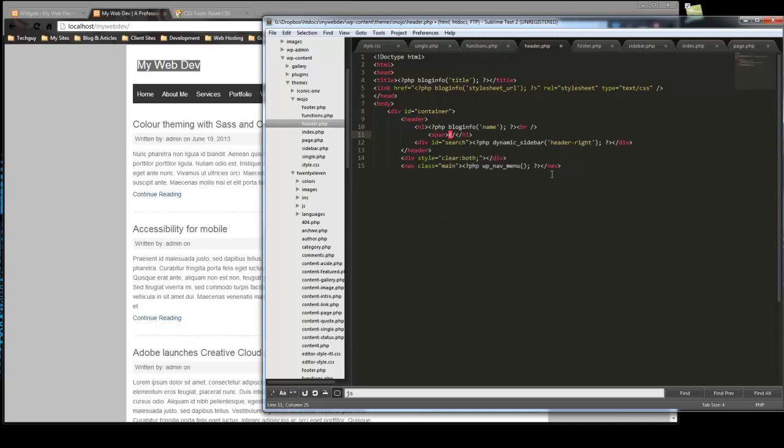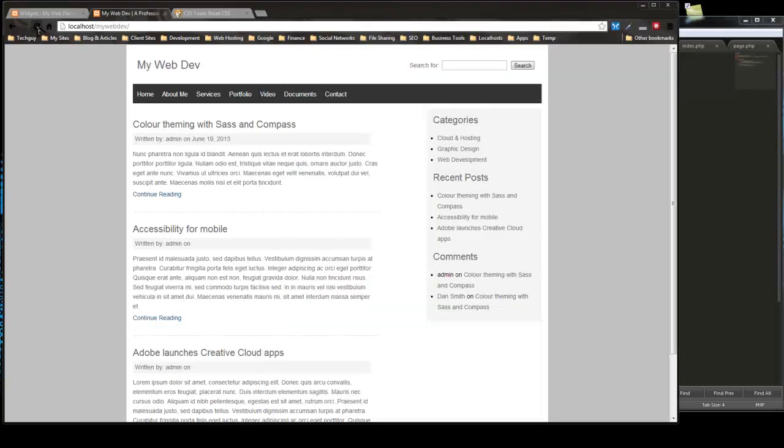I can't talk and type at the same time. Alright, so in between the span, we're also going to use the blog info function here, but we want to make this description. So blog info description will give us the slogan. So if we save that, reload,